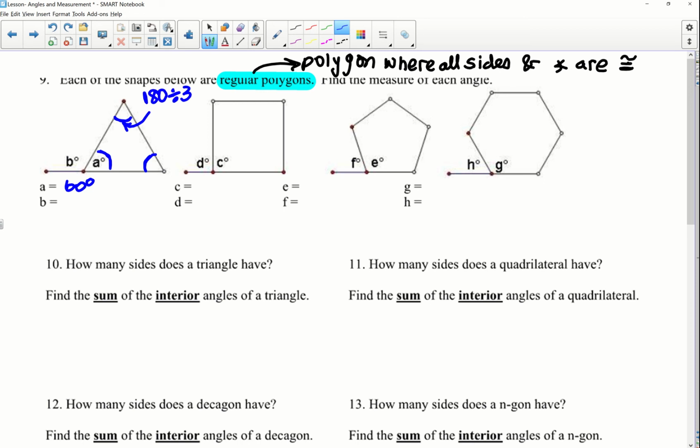All right, and I'm going to kind of line this up with the examples that follow, because the triangle question corresponds with number 10. How many sides does a triangle have? 3. You got to start somewhere. It's not an attempt to insult your intelligence. Find the sum of the interior angles of a triangle. So it's 180 degrees. All right, and so the sum of the interior angles for that particular case could be, for example,